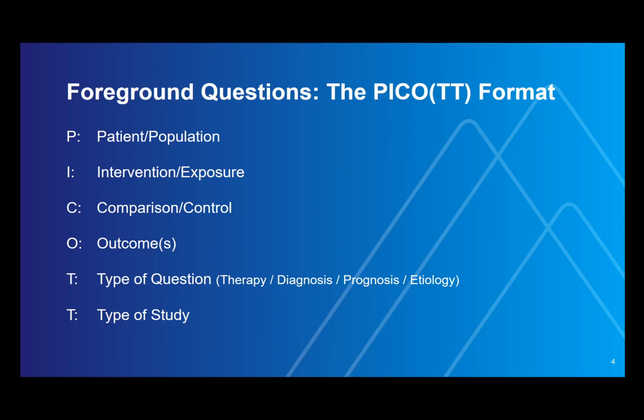And O are the outcomes of interest. The reason it's so important to have your outcomes really clearly locked down in your mind, and we'll see an example of this today, is because there is just so much literature out there. There are over 800,000 citations being added to PubMed every single year. And if you don't go into the literature with a really clear idea of what patient-focused outcomes are important to you in answering the question,